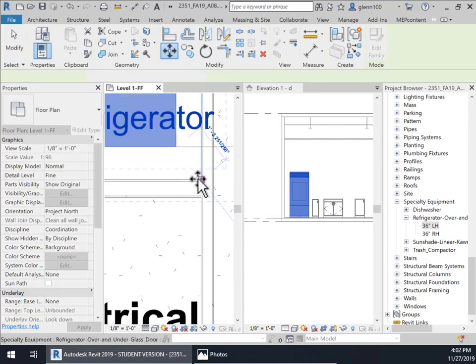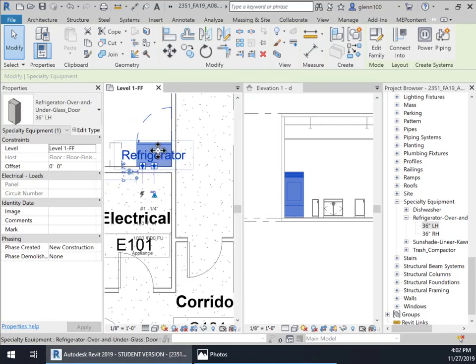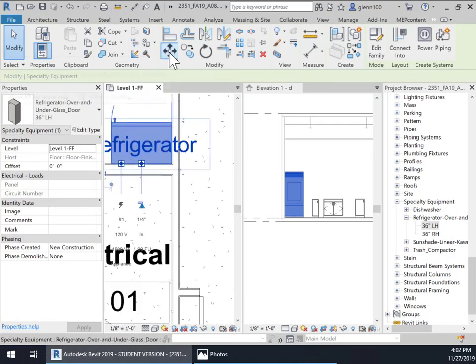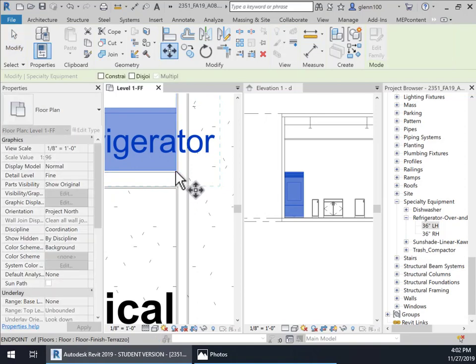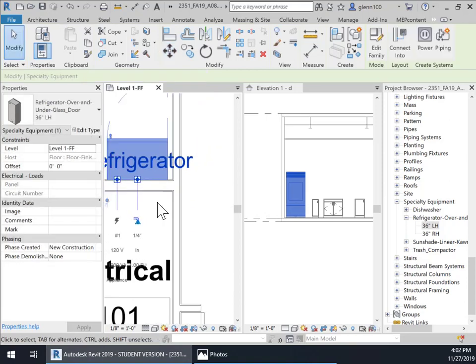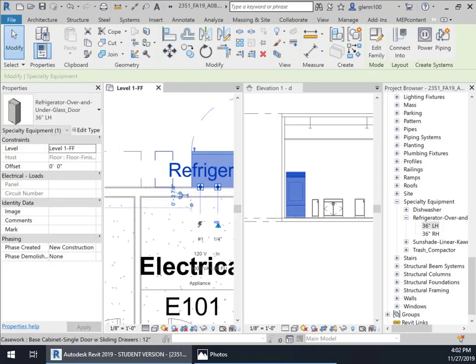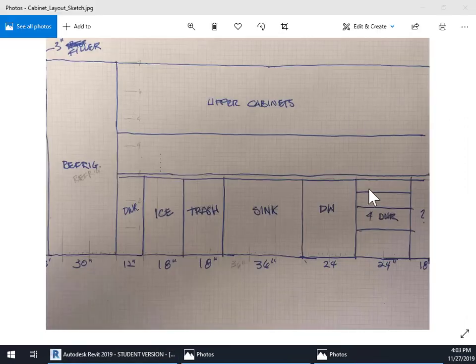So with that input, it's just a matter of moving a number of these into the right positions. Okay. This is going to need a 3-inch filler, so this door won't hit the wall. So I'm going to move that. And right now, what I'm going to do is just move this over and type in 3 inches. And I'll come in and put the filler in a minute. The cabinet right next to that is the refrigerator. You can see I got my 3-inch filler, and then I've got a 12-inch drawer unit here, and